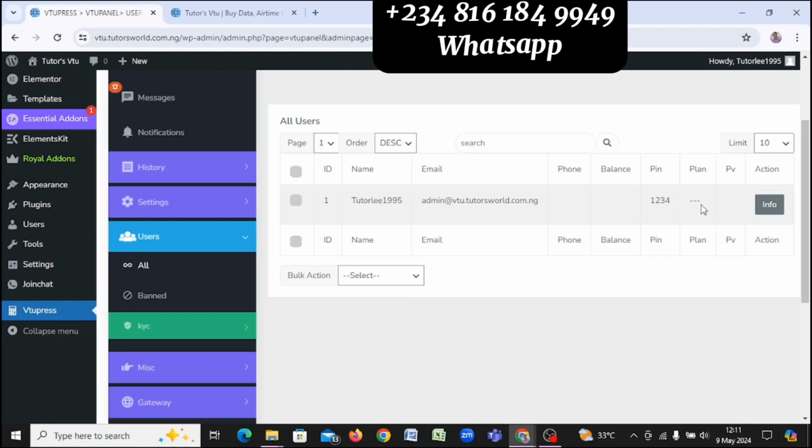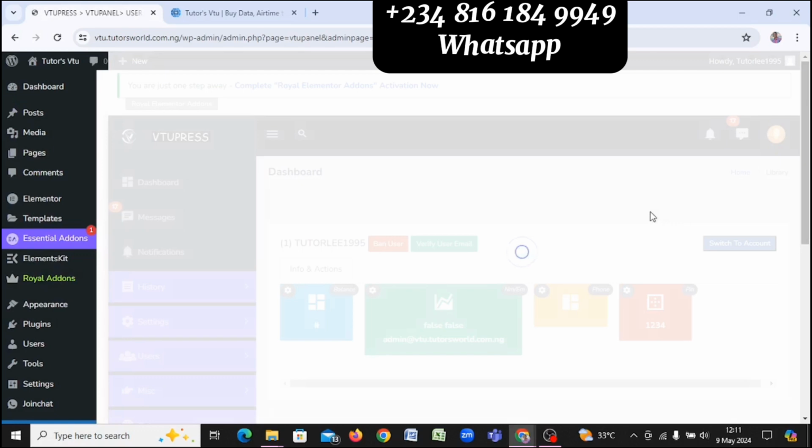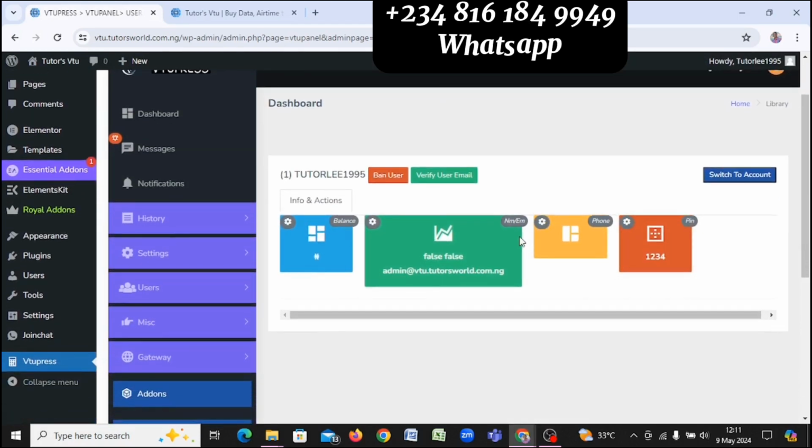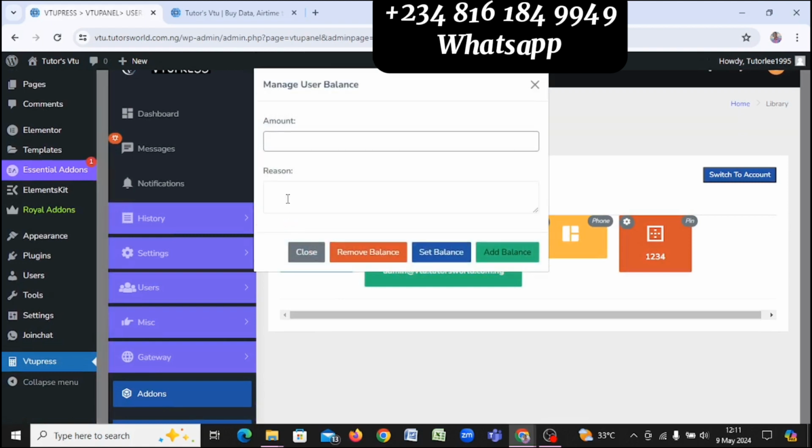For example, if someone does a manual transaction, like a person transfers to your account by bank, you just need to come here, click on the info. Then the balance, you come to edit,